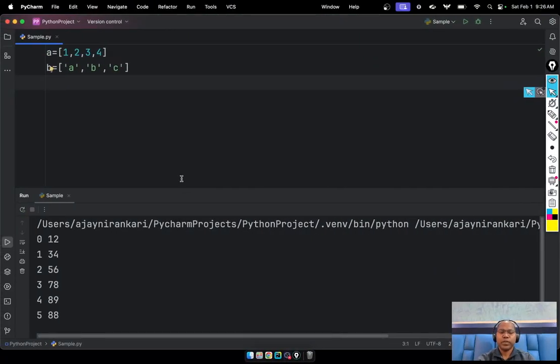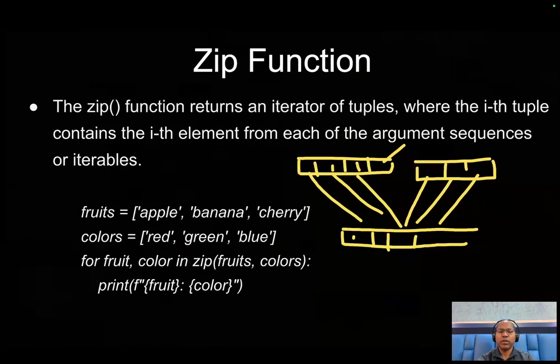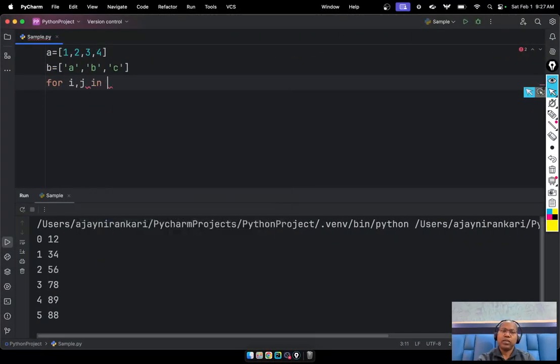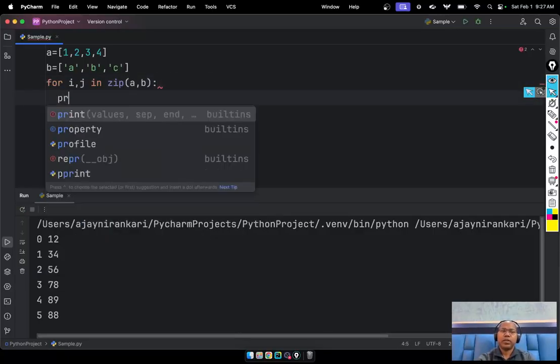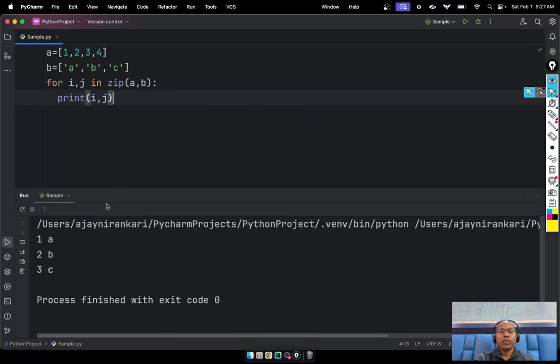Here say for i, j, you can take two variables, in zip, pass a, b, print i, j. So in this way, you can get 1 a, 2 b, 3 c, and